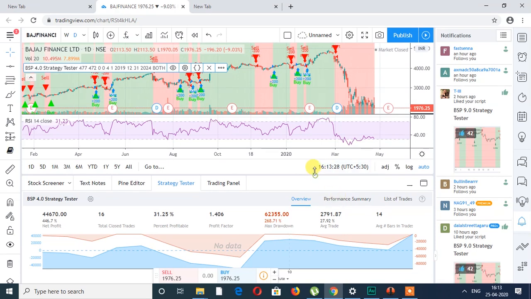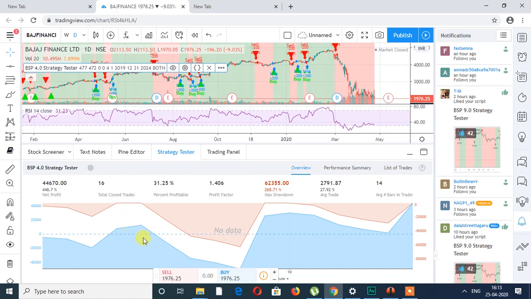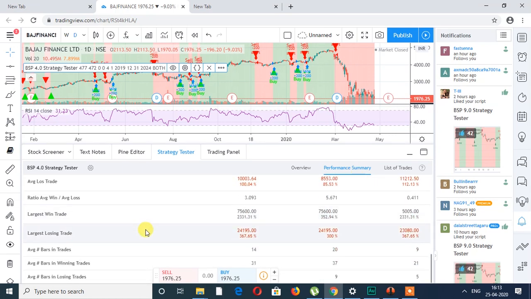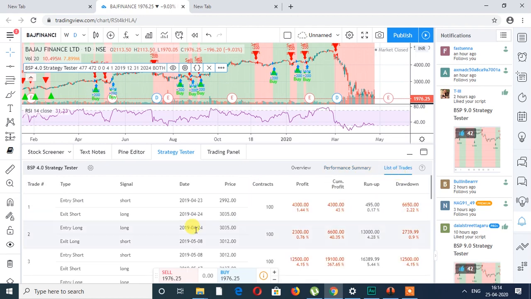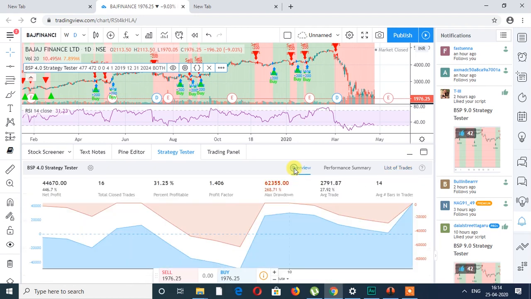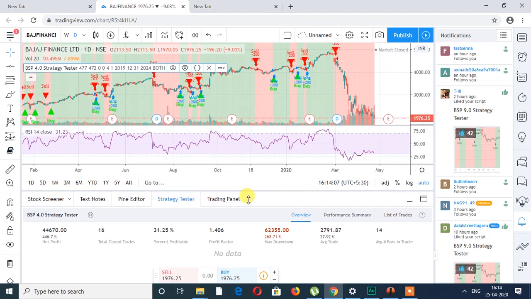You can see the performance chart over a period of years. Initially it was profitable, then losses increased, and the profitability increased as the volatility increased. There are a lot of things you can see, like how many bars or days an average trade takes. It's around 14 bars. You can see the net profit, gross profit. You can do all this calculation over here. There are a lot of features. You can see the list of trades. So it's a complete system. It's not just a one-off trade which you need to follow.